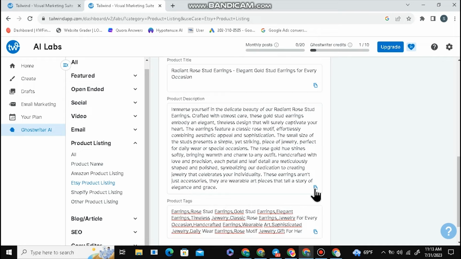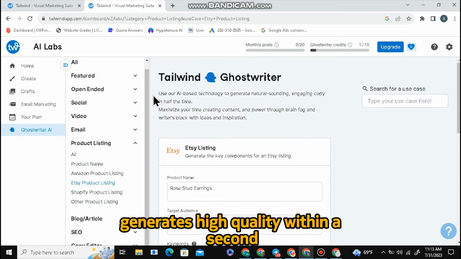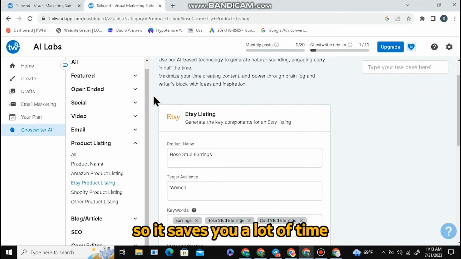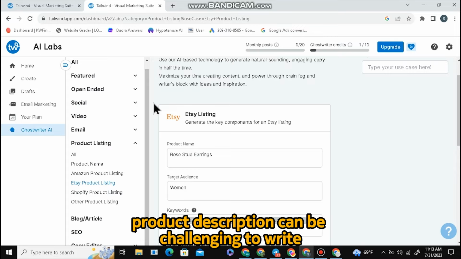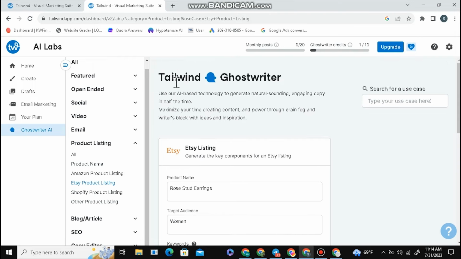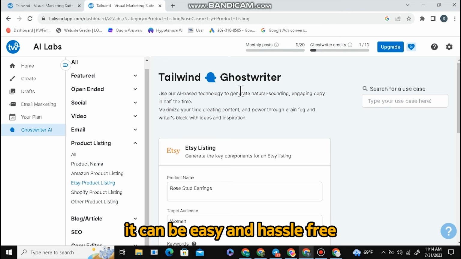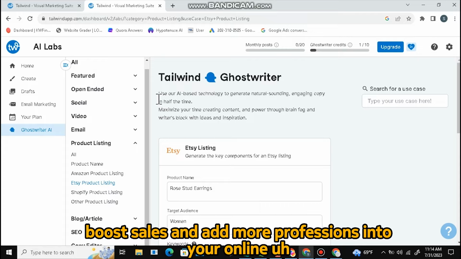So in general, as you can see, Tailwind Ghostwriter generates high quality content within a second. So it saves you a lot of time. We all know that product descriptions can be challenging to write, but with Tailwind Ghostwriter AI, it can be easy and hassle-free. Writing great product descriptions with Tailwind Ghostwriter AI will help boost sales and add more professionalism to your